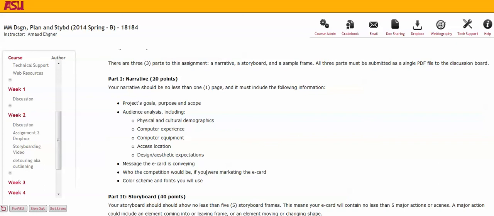If you're doing an e-card on Halloween, you need to go see your competition's card on Halloween, show it to me and show me what you like and what you don't like. All right, I'll be very picky. Also, I want the color scheme and the fonts. And I don't want, like, yeah, I want orange and black, okay? I want the actual color shown to me, all right, as a print screen on your brief, and also the